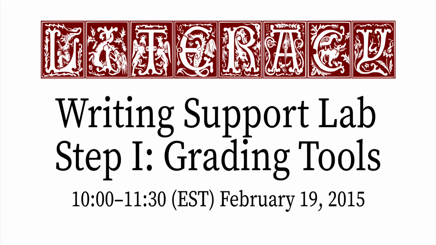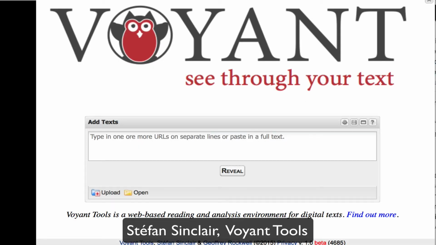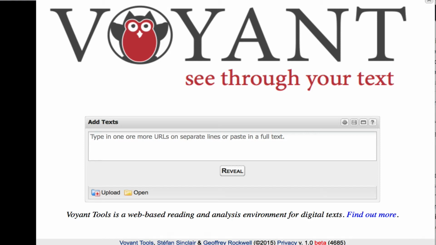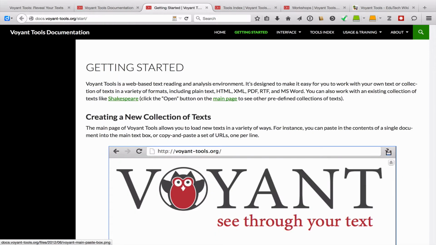Sure. So this is a completely different project, and I think it's worth emphasizing here that Voyant Tools is really conceived of as a general purpose text analysis and reading environment.